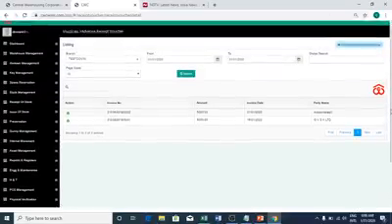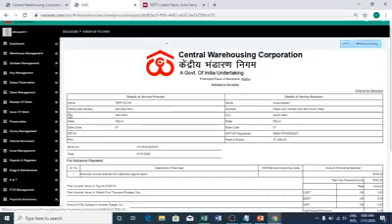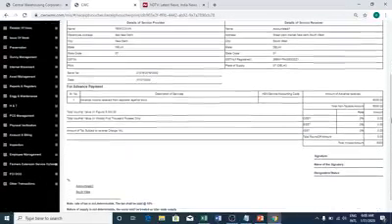Now when you go here, you see the advance has been received. You can print it. This is the voucher which we will hand over to the customer, giving the clear description. This is an advance income receipt for deposit against stock, with the entire description of the amount along with the breakup of the CGST and SGST.